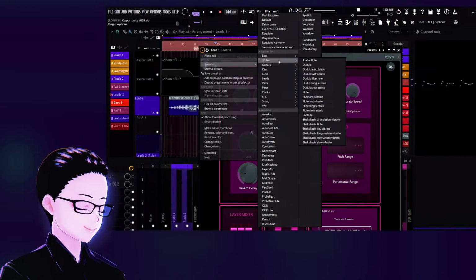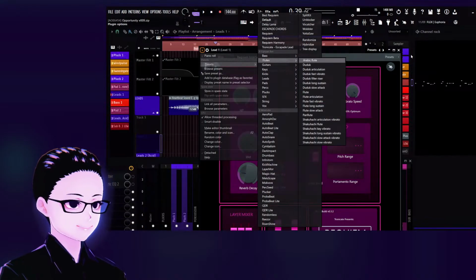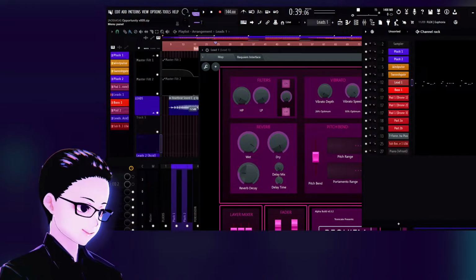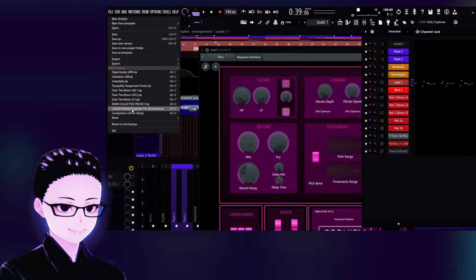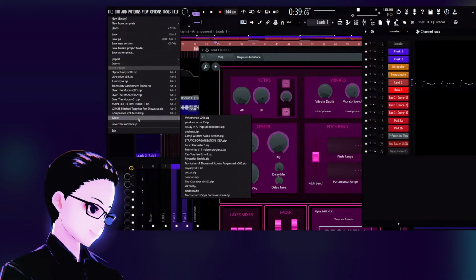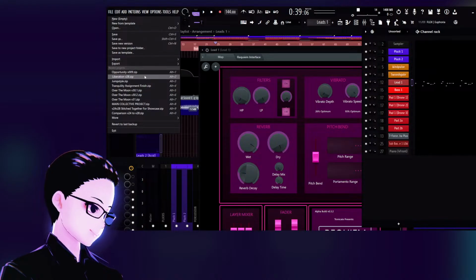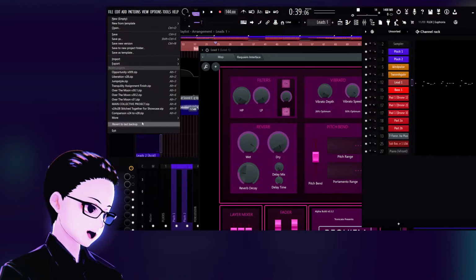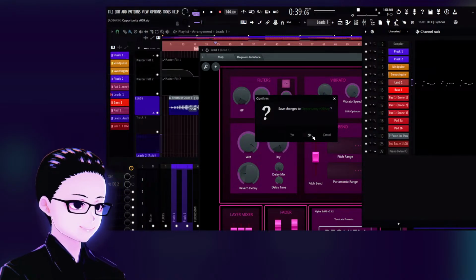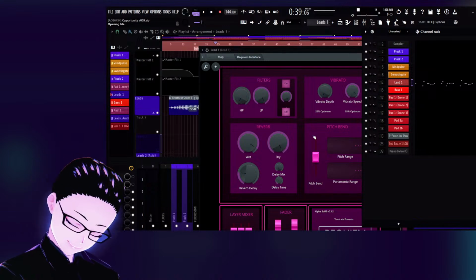Requiem. I don't have it either. You know what? How about this? Instead, I'm going to build it myself. So I'm going to go back onto here. So my plan is to